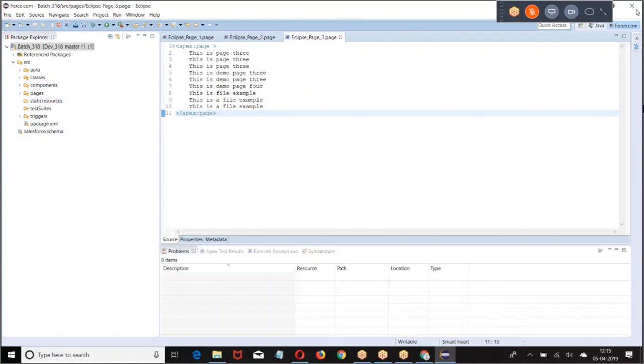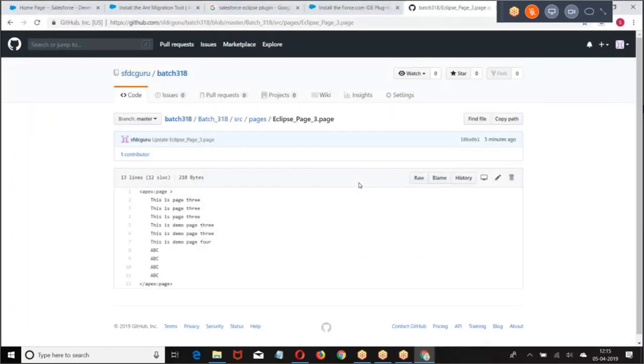Okay. So we'll see how to maintain the repository. The DX will be telling you this format. We'll be covering that, how to maintain it. But basically, what is the advantage of this Eclipse? If you are going for the Eclipse, we have a choice of maintaining a local side repository and a server side repository of the code you are writing, which is not possible in the developer console.